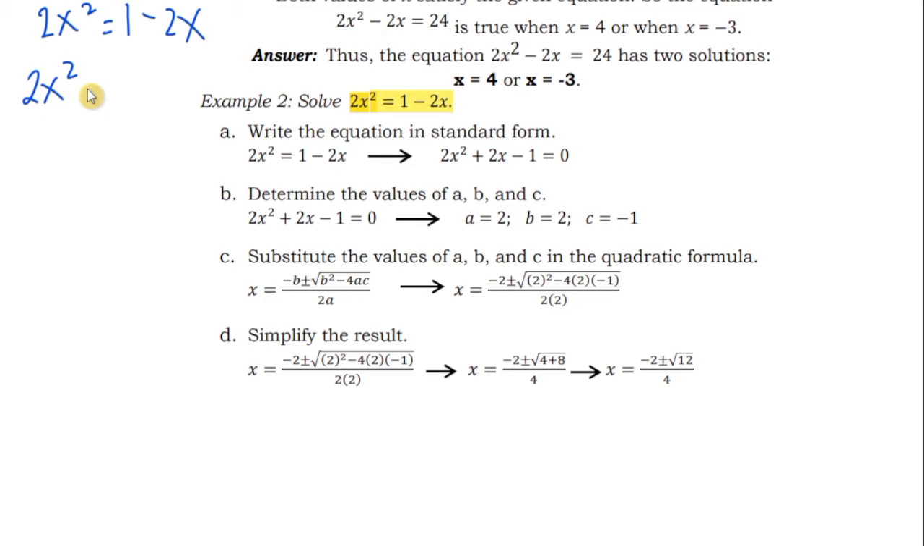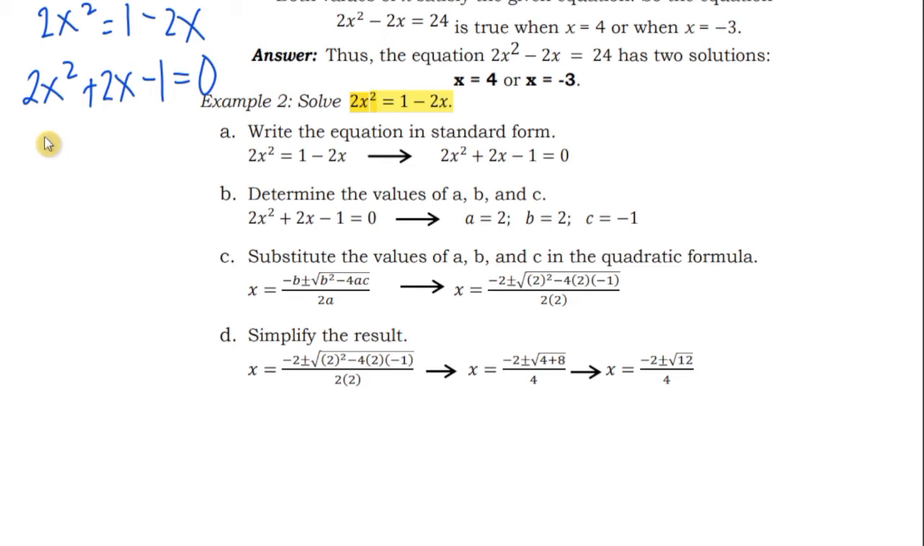Because this positive 1 here, if we transpose it to the left side of the equation, becomes negative 1. Negative 2x, if we move it to the other side, becomes positive 2x. Our target here, for the given equation, is to write it in standard form. Since we now have it in standard form, a here is 2, b is 2 also,